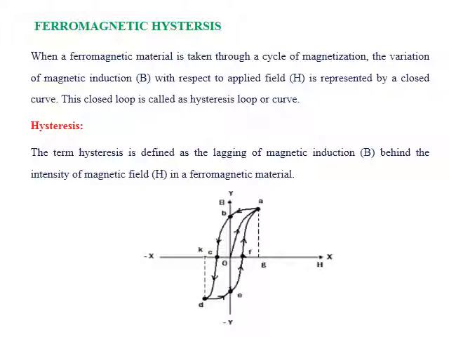Further, if you increase the magnetic field intensity along the negative x-axis, the material will start to get magnetized along this direction, and it will reach saturation at D. At this point, the material again reaches the saturated magnetic field, but in the opposite direction. Further increase of the magnetic field in the minus x direction will not result in any further increase of magnetic induction.